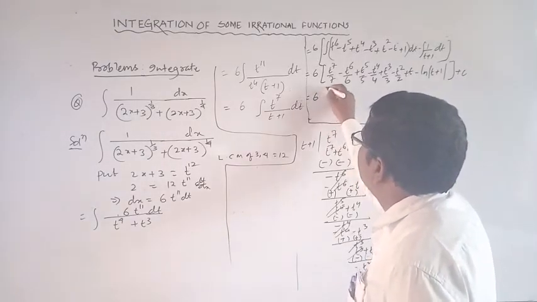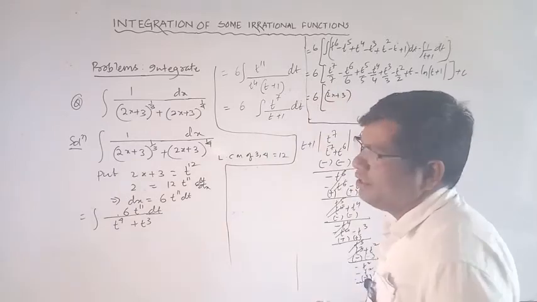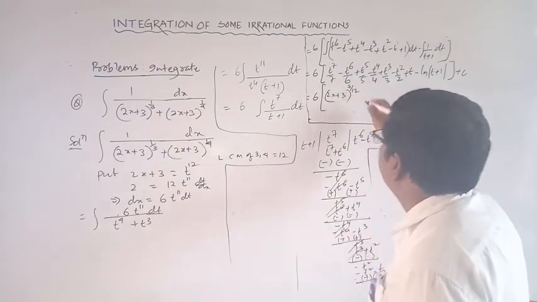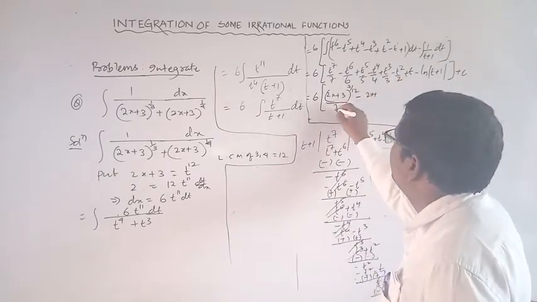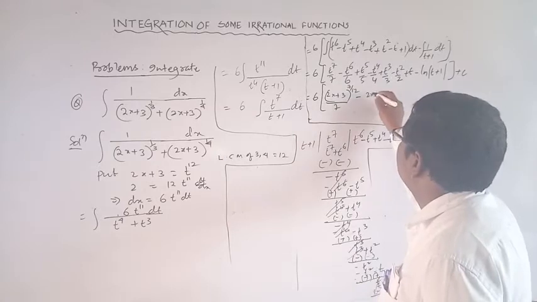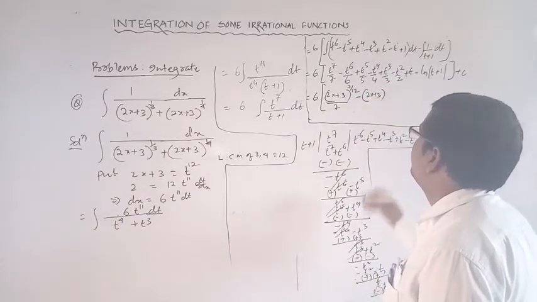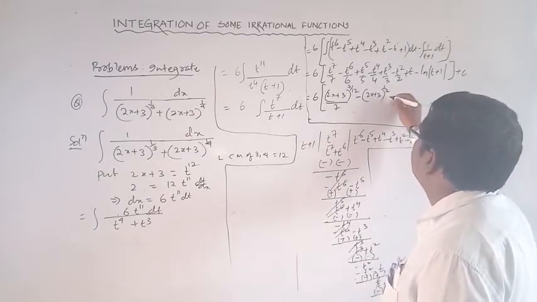So 2x plus 3 power 1 by 12 into 7, that is 7 by 12, minus (2x plus 3) whole to the power 6 into 1 by 12, that is 1 by 2, and